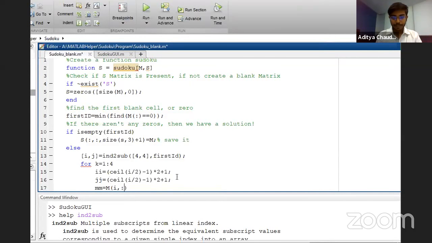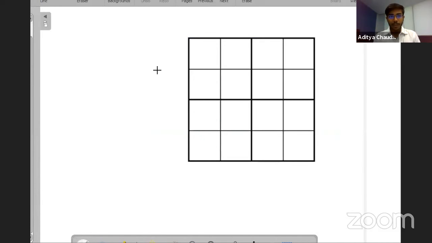And what we will be doing is, okay, so let's take I, which is the variable we just generated, and we'll be taking it I plus 1. So why we are taking it, let me explain you. Consider this is our matrix over here, and basically we are creating this mm matrix, and why we are doing it is, see, for example, if this is I, and that's at position 1.